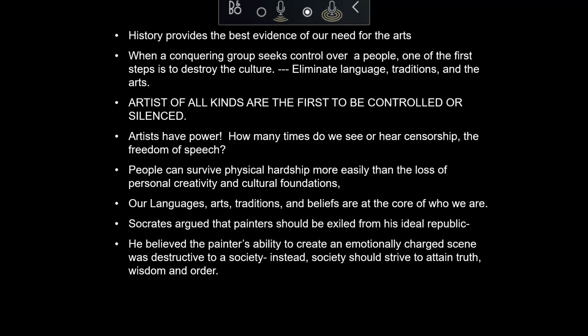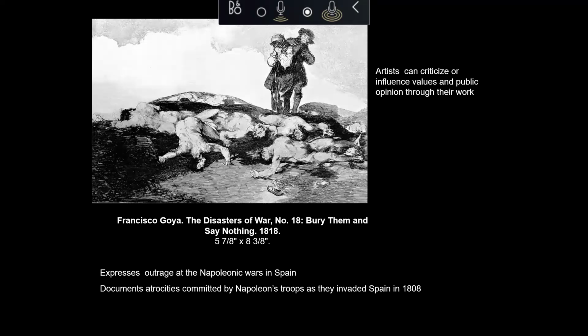They have a way of bridging beyond maybe writings, language barriers. But if you see an image, you definitely can kind of get an idea of what the artist is trying to say or how they are sympathetic towards a particular kind of viewpoint. Right? So art can be kind of scary for people, as what we see here with Francisco Goya, The Disasters of War, number 18. We have these bodies that are laid out, the horrors of war.